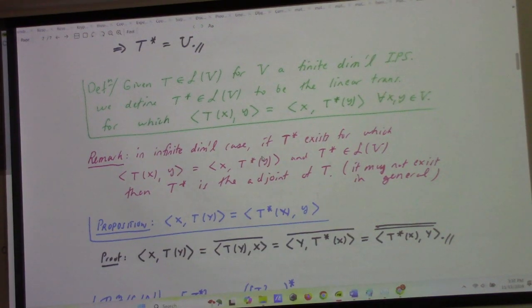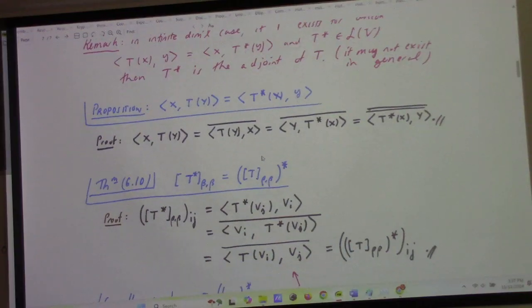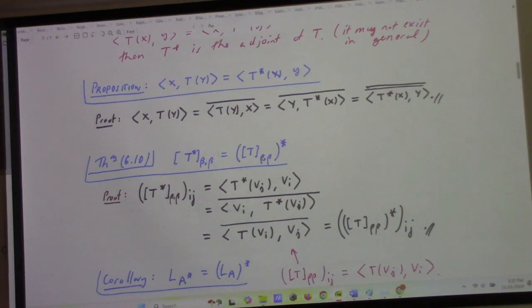All right, moving an operator in the finite dimensional context from one side to the other of the inner product adds a star. It's simply that. That's the way to remember this. And this actually gives you a method for calculating the adjoint in terms of coordinates. In terms of coordinates, if you have an orthonormal basis, that's the fine print here, orthonormal basis, then the matrix